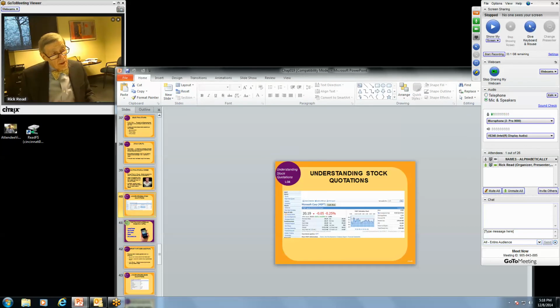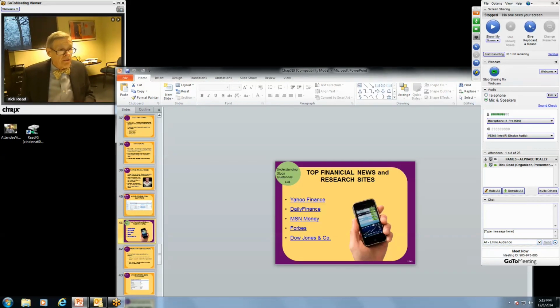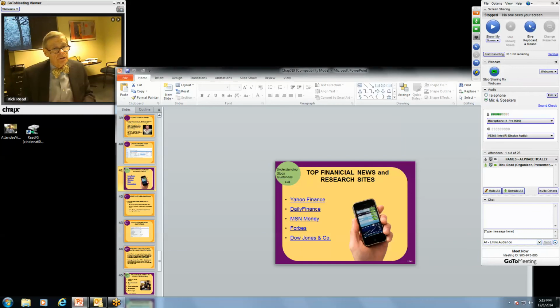You can read local newspapers. Many local newspapers used to do the stocks all the time. They don't do that now. USA Today does a pretty good job of it. The Wall Street Journal, of course, does. The New York Times does. But every stock is not listed. The Wall Street Journal probably does list every stock, but the New York Times doesn't list every stock anymore, and neither does USA Today. They bring that down to a manageable amount. And of course, you can get financial news any number of ways. This just talks about them right here.